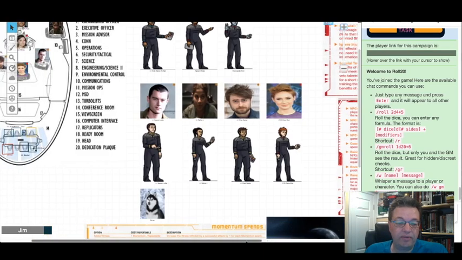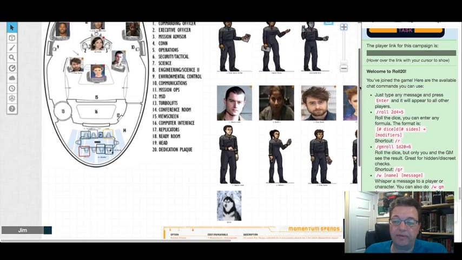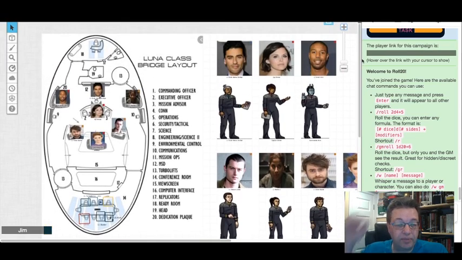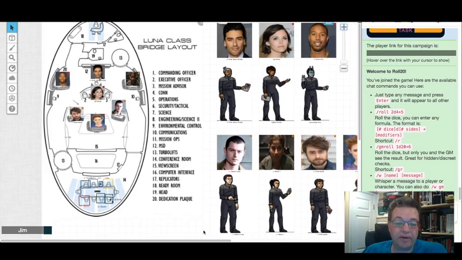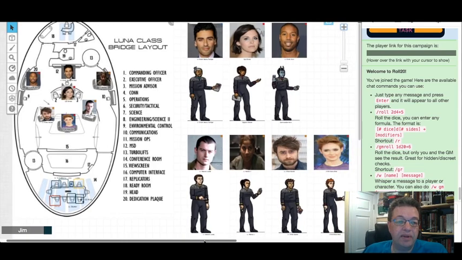You can see that we have a graphic of a Luna-class bridge. Our ship is, of course, the USS Galatea, Luna-class based on the novels, the Titan novel series. Like Riker's ship was the USS Titan. I found this great graphic of the bridge, and what we've done is we've taken little pictures, dragged them right into Roll20 from our desktop or whatever, and I've sized each one here to fit on the bridge at the appropriate stations. And we've also blown them up a little bit so you can kind of see them over here